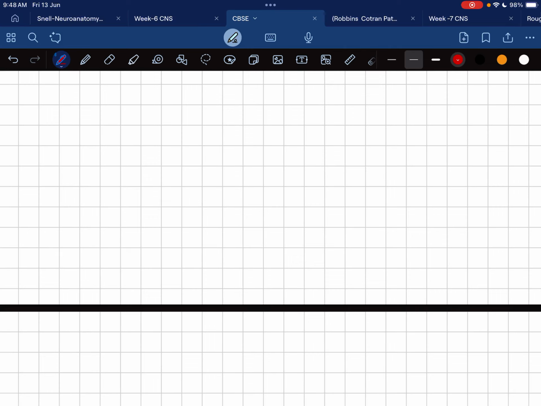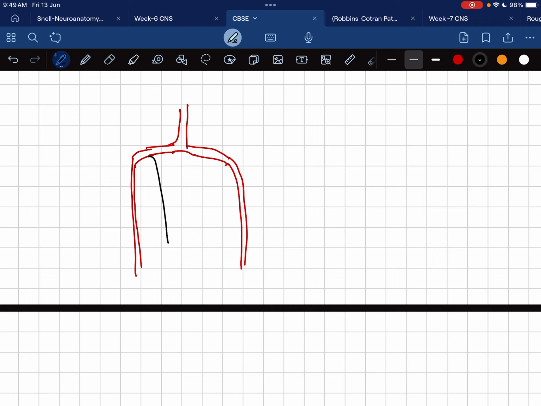Blood supply of the brain and the spinal cord. So there is a vertebral artery, left and right vertebral artery, from the subclavian artery, and then they go and combine to form the basilar artery. From this there is an anterior vertebral artery forming, and here is forming the PICA,